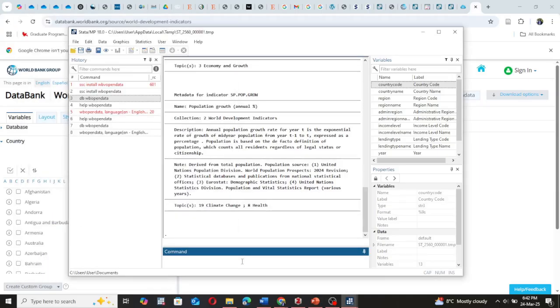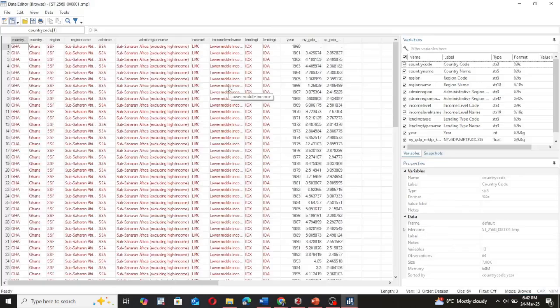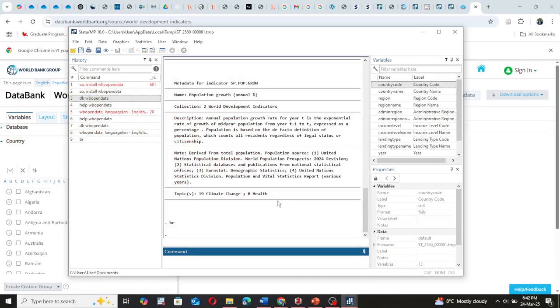So as you can see, if you browse this, right, we have data on Ghana from 1960, but we need data from 1990 as we indicated. We need data from 1990 to 2020. We don't want all of the years. That you can do,